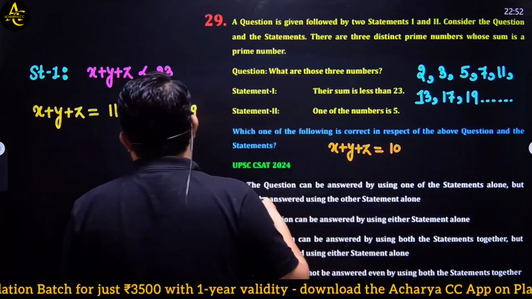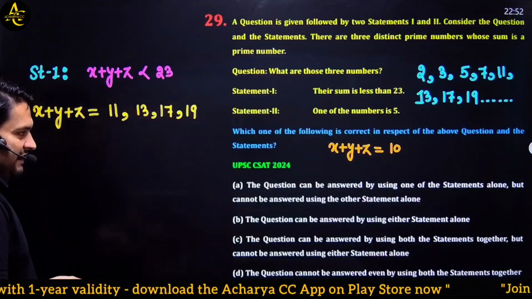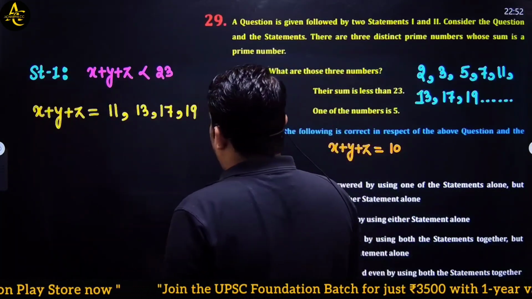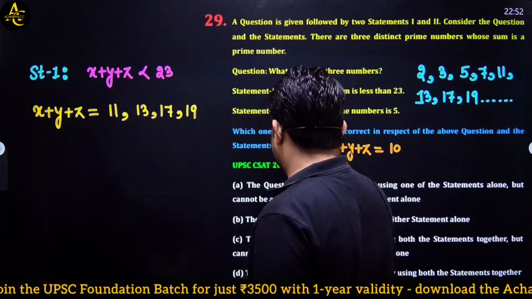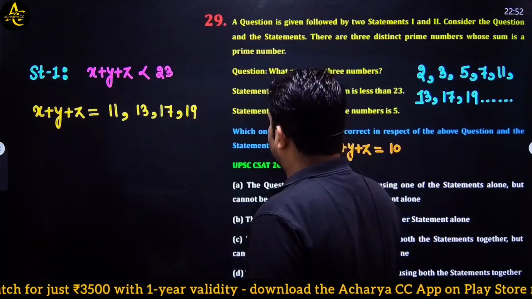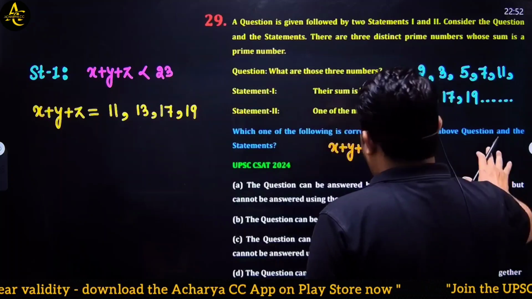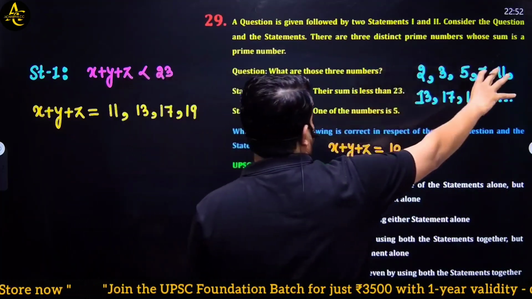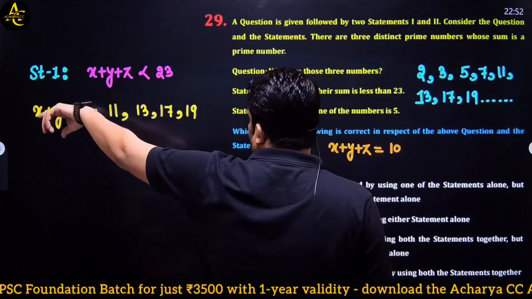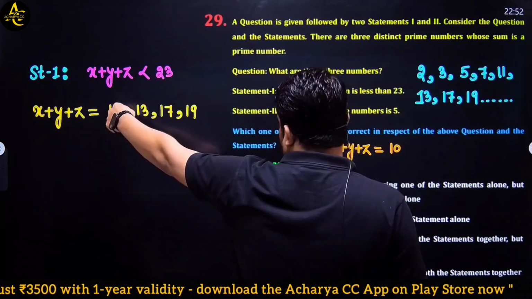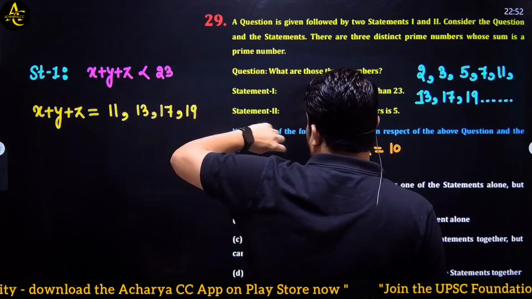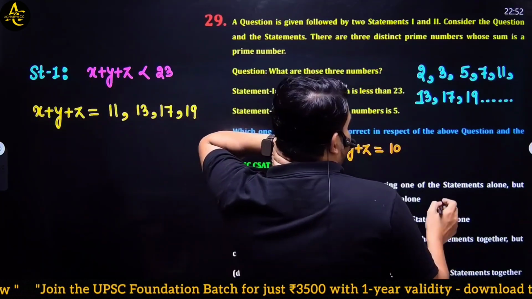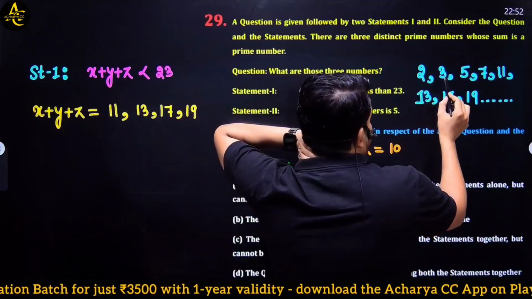So the number which is greater than 10 and is a prime number is 11 itself. See how I can write x plus y plus z equal to 11. If I take x plus y plus z equal to 11, can I select 3 numbers from this set of numbers which will help me to make the sum 11, 13, 17, or 19? See, if I have to make a sum equal to 11, if I add these numbers, 3 plus 5 plus 7, see,